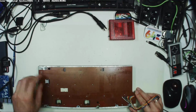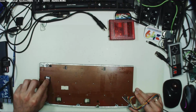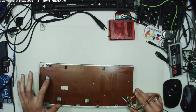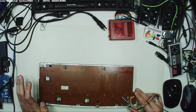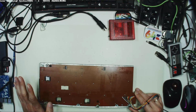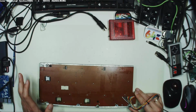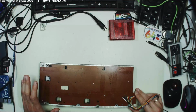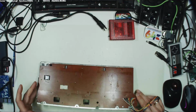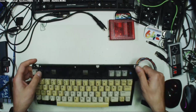Here we can see why the shift lock isn't working, so we may need either to solder this back to this pin, or this was done on purpose. So I have to check what the shift lock function on the C64 is actually doing, and whether it's a good idea to solder this, or perhaps it's not working as expected. And well,